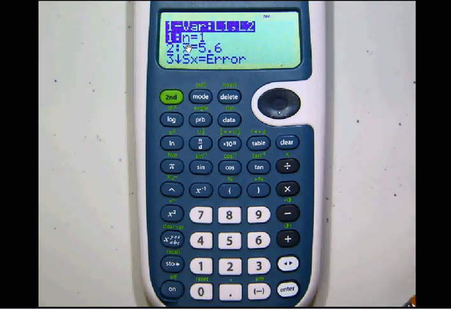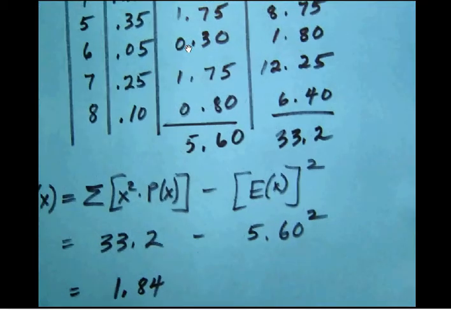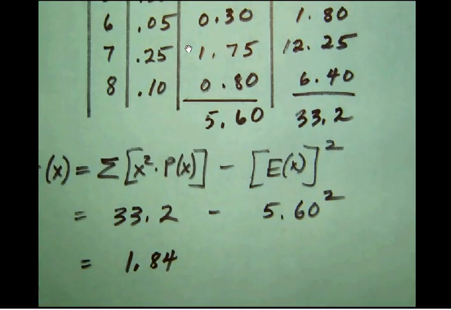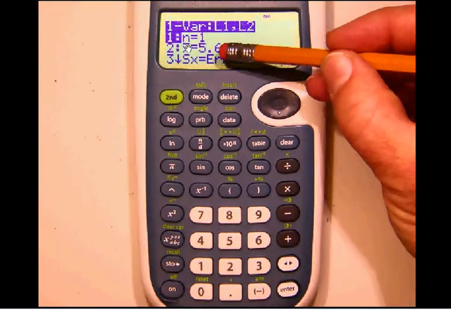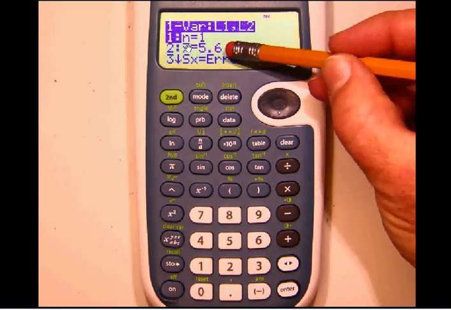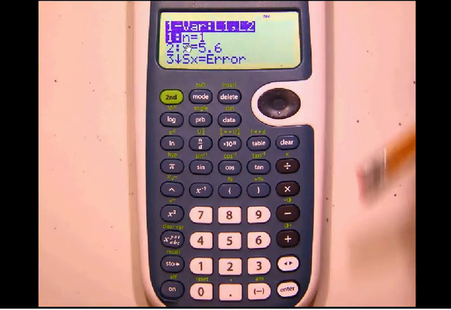You might recognize from doing this problem by hand that before we said here that this mean value was 5.60, and we have that. And so in the case of the TI-30XS, what they call the expectation value, your calculator is going to call X bar. Once again, it's an average. So just notice that change and make a note of that. Scrolling on down,